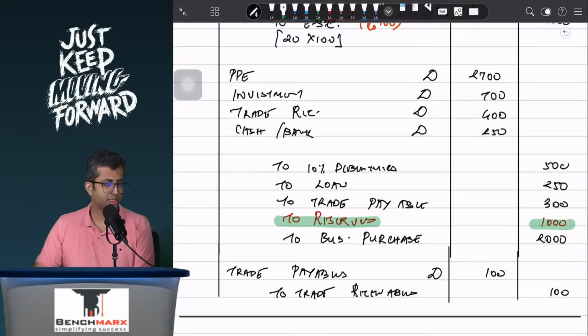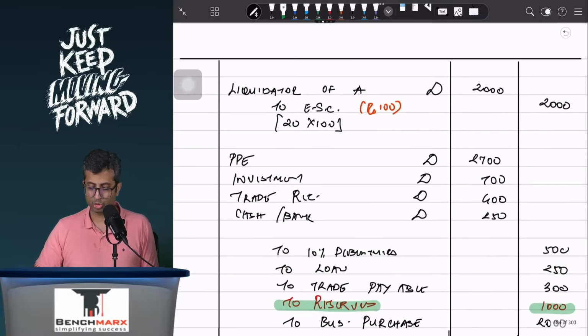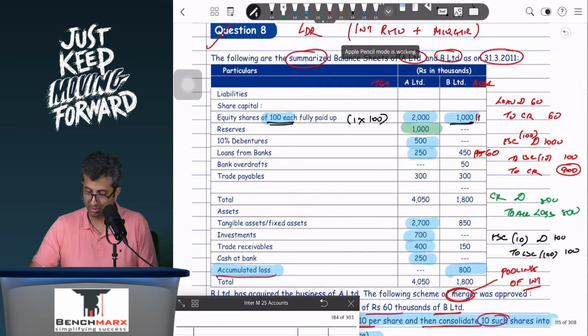Okay, and then you will eliminate the intercompany trade payables and receivables. Now based on that you need to prepare the balance sheet. So if I were to prepare the balance sheet, what will come here? The balance sheet would be, over here I will have fixed assets of 2700 plus 850, this is 3550, direct